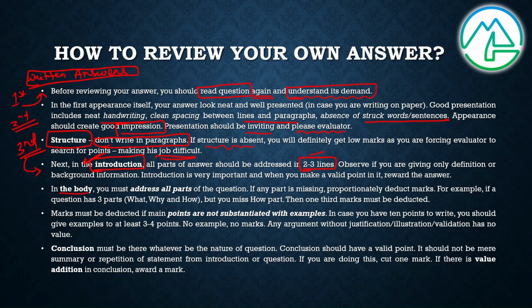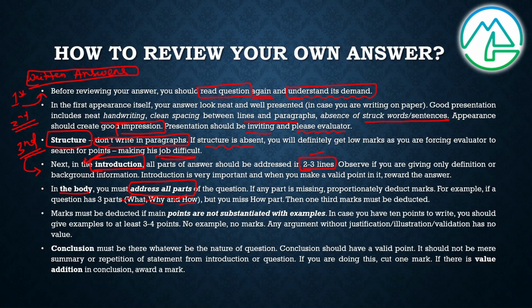Then comes the main body. Now this is the most important part, because it should address all the parts of the question. So if a question has 3 parts in the form of what a certain thing is, why that thing is happening, and how it is happening. So 3 part है एक question के, then your body must include this what, why and how in a step-by-step manner, in a concise manner, and this what, why and how should be clearly mentioned as subheads in your body, right?